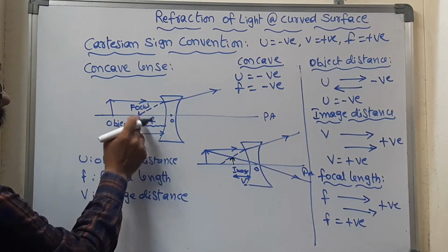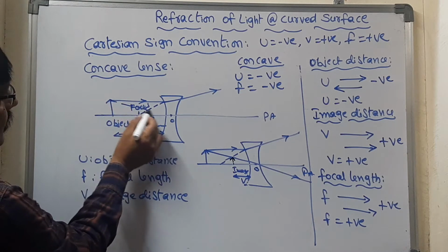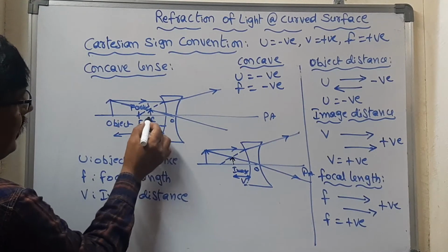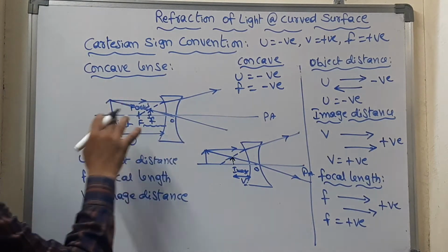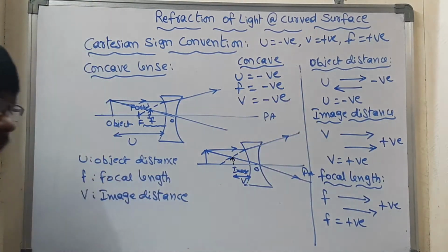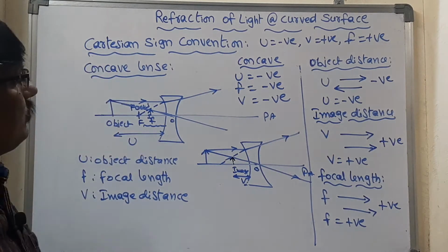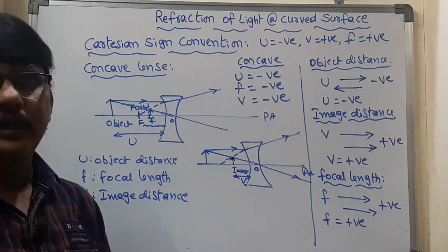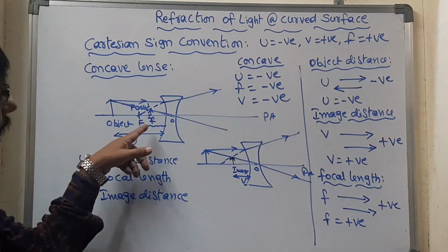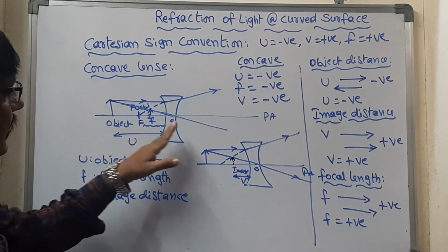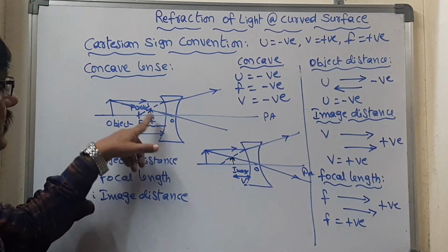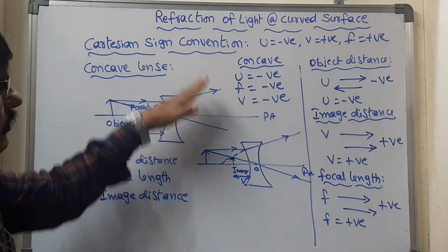If you observe the image distance, it will come here. Otherwise I will draw a diagram here. If the ray travels towards the optic center, the image forms here, right? The image is also forming on the left side only, so V is also negative. Did you understand that? If you observe now, for a concave lens everything is negative. Why everything is negative? The simple reason is that the object distance is on the left side of the lens, the focus is forming on the left side of the lens, and even the image is forming on the left side of the lens. So everything is negative.